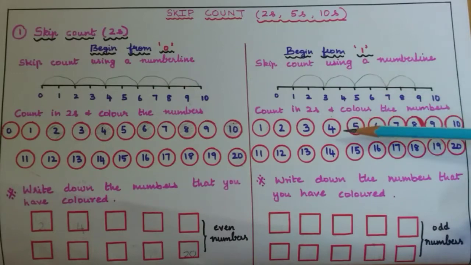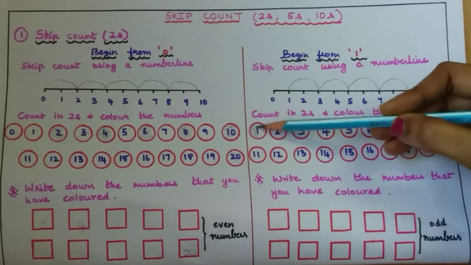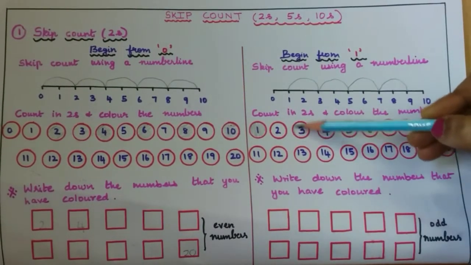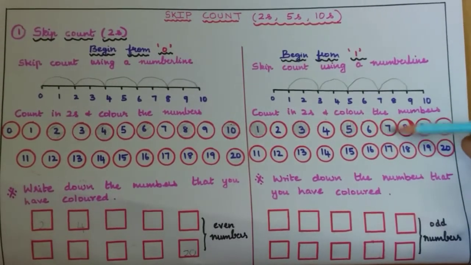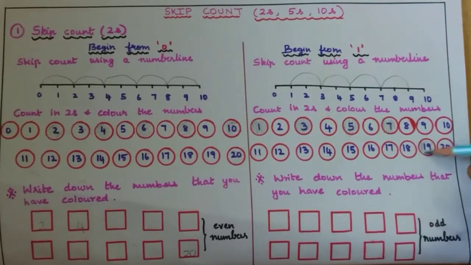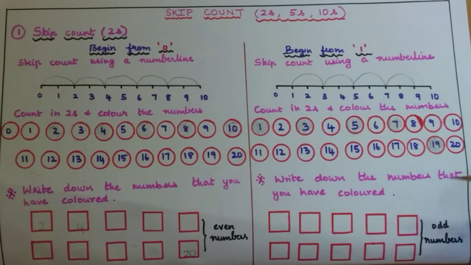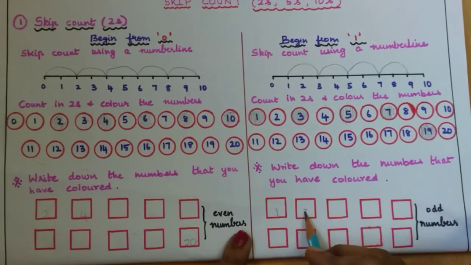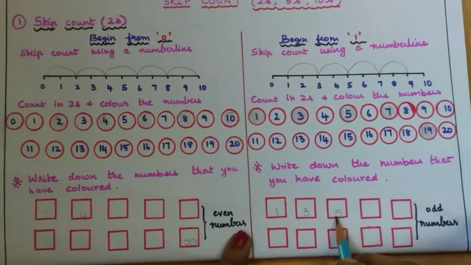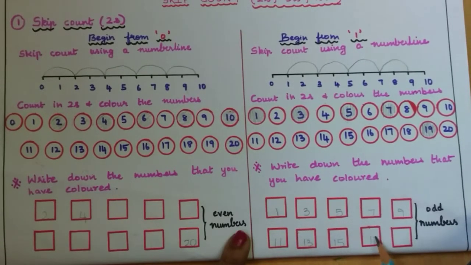So in the previous activity, they had started from 0. Here they need to begin from 1. So they need to shade 1, leave a number in between, shade 3, then leave a number which is 4 and then shade 5, leave 6, shade 7, leave 8, shade 9, and similarly they need to proceed till 19. Once they do this, ask them to write down the numbers, which will make them realize that they are nothing but a series of odd numbers. So the numbers are going to be 1, 3, 5, 7, 9, 11, 13, 15, 17 and 19.